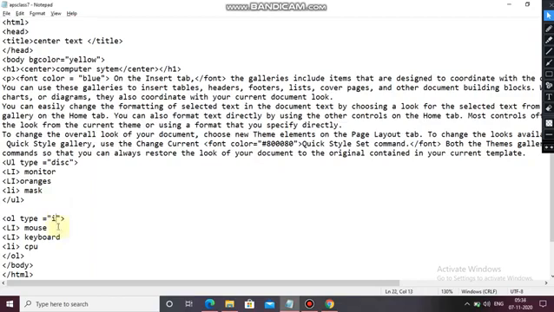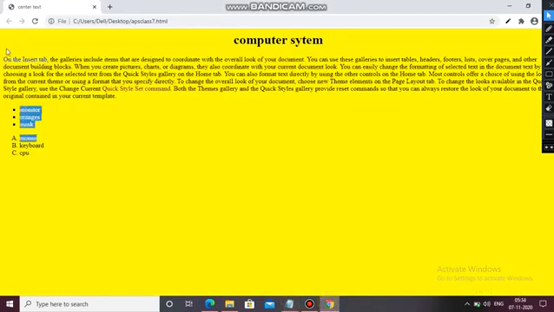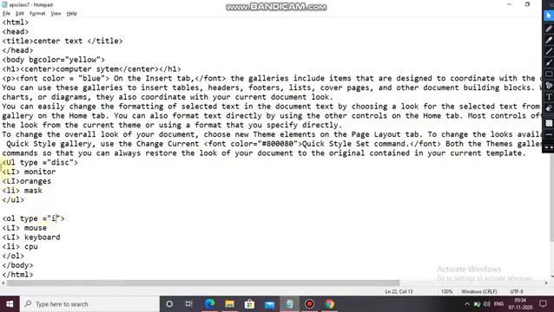Control S and see. See, it has changed. So easily while using ul and ol list items, you can use a bulleted list also and a numbered list also.